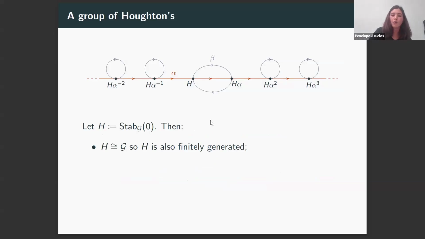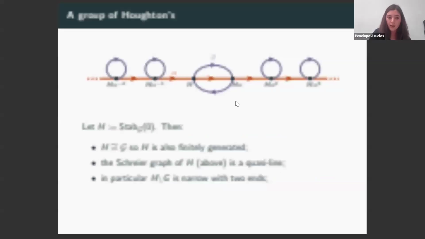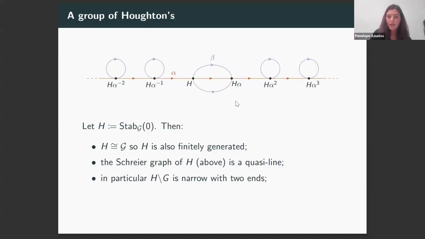And then what does the quotient look like? The Cayley graph of G quotiented by H is this graph here. And in particular, it is a quasi-line, so it's narrow, it has 2 ends, it verifies all the conditions,